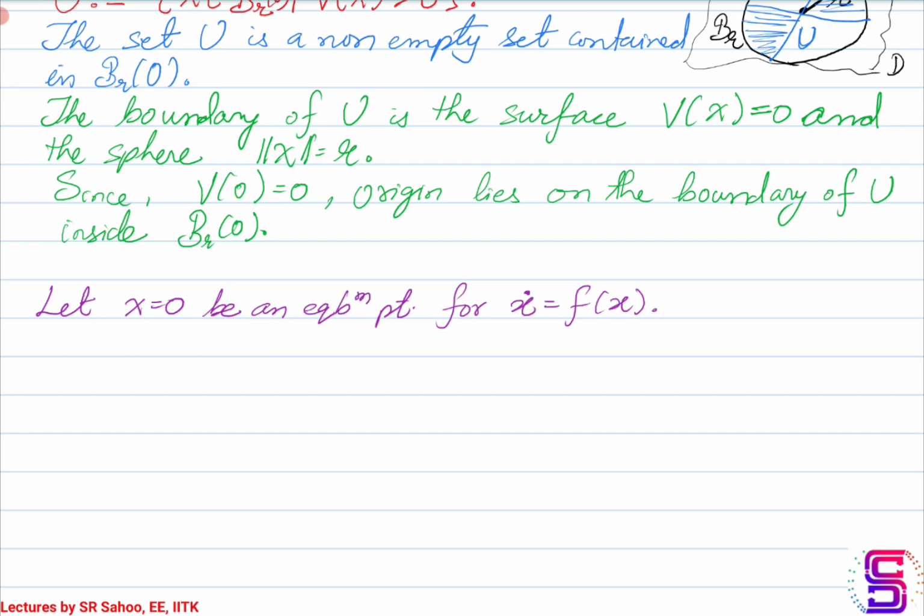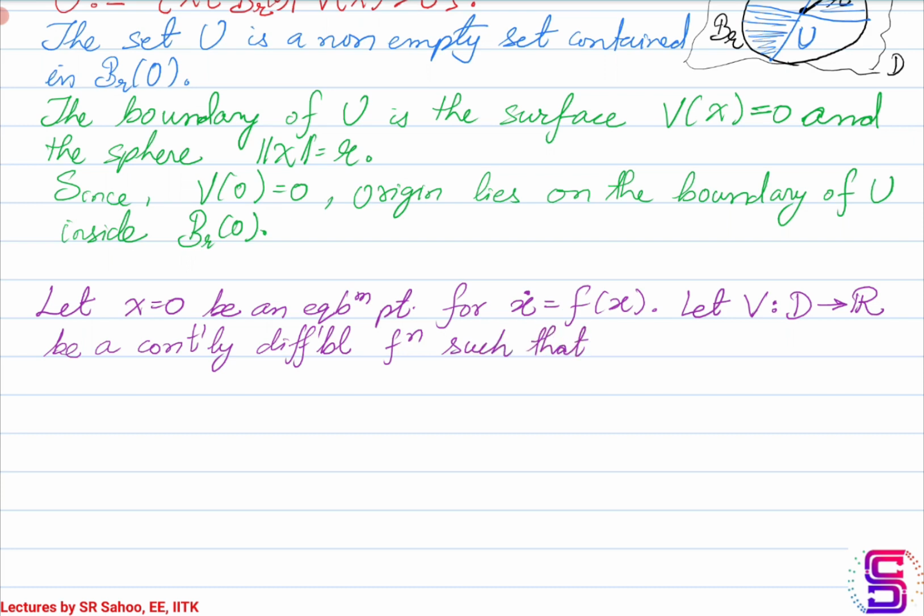I am not explicitly writing what the conditions on f are, but for our case, f is Lipschitz on D. Let V be a function that maps from D to R. Let this be a continuously differentiable function